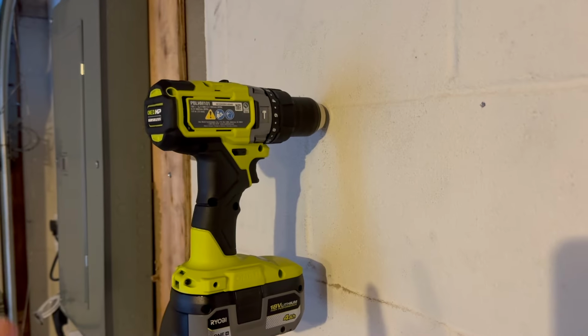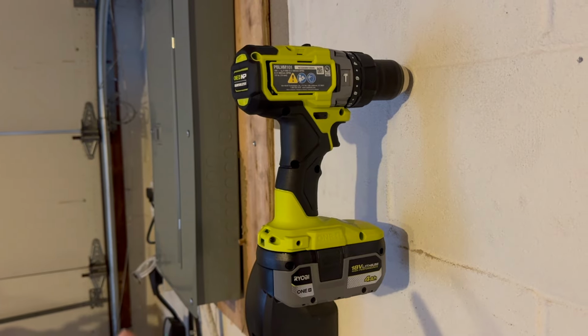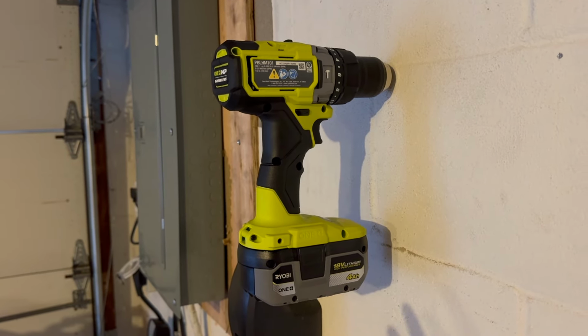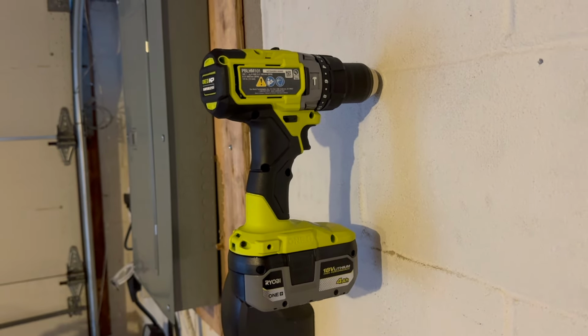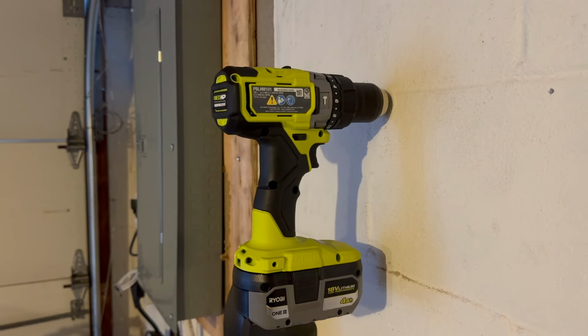And if you have just a regular drill or impact tool, then it will work, because I tried it. So I'm not sure if you can try it, but it didn't work for me. So hammer drill